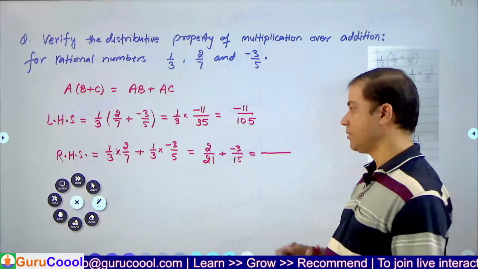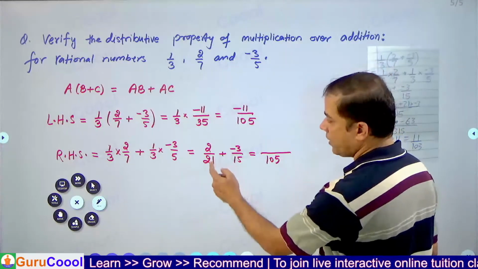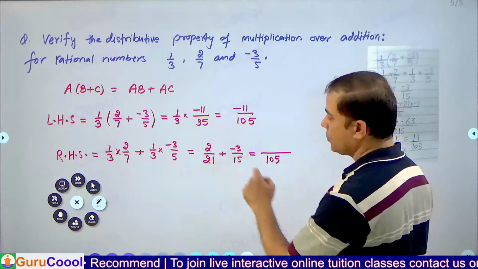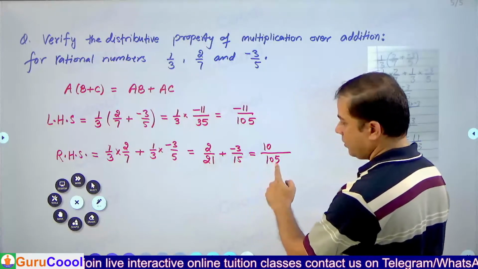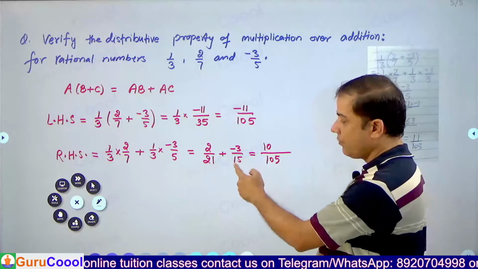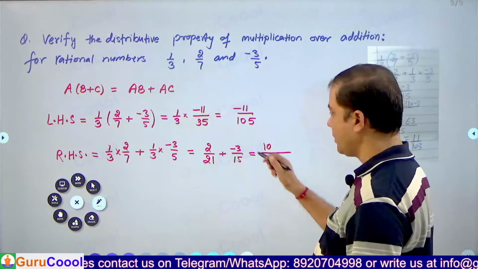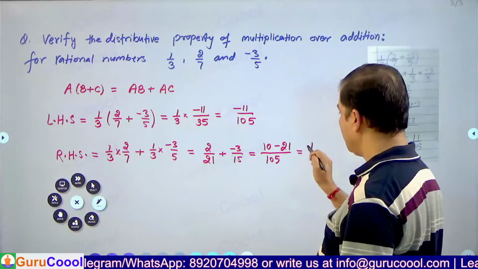Correct. 105. So 21 times 5 is 105, so 5 twos are 10, and 15 times what? 7, right? 15 times 7, and 7 threes are 21 with negative,